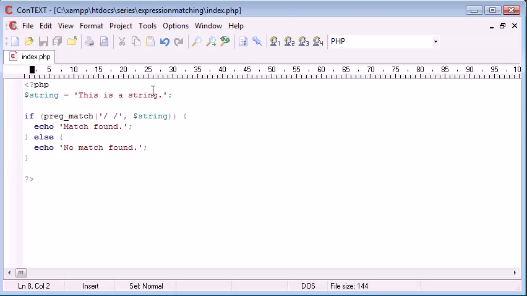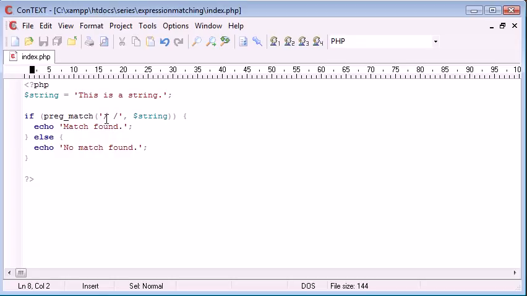And we're basically using pattern matching to ensure that it adheres to a certain standard. So we can use preg_match for this. It's a very, very powerful function. And like I said, I'm not going to go through how we're going to check for patterns. If you go over to the PHP.net manual, you'll find plenty of information on how to match specific things, whether